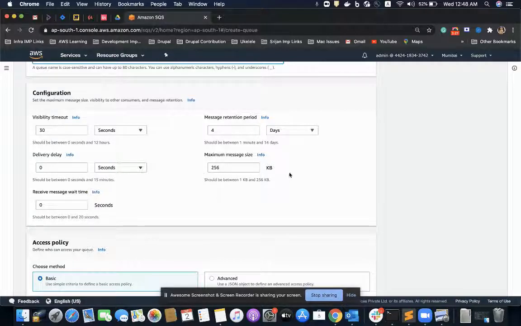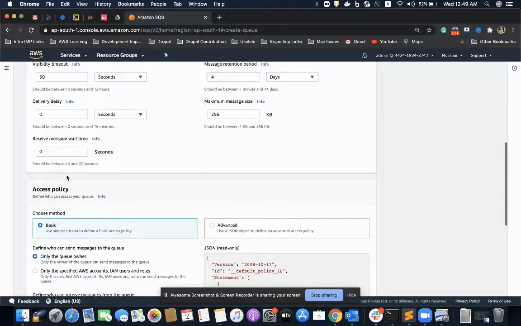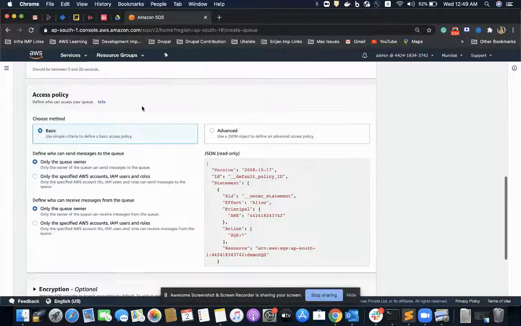But as I've told, the maximum message size is 256 kb. So this is the configuration which we can set if we know that the maximum size of our message is going to be less than 256, so we can set it between 1 kb to 256 kb. Then I'll keep everything as default.